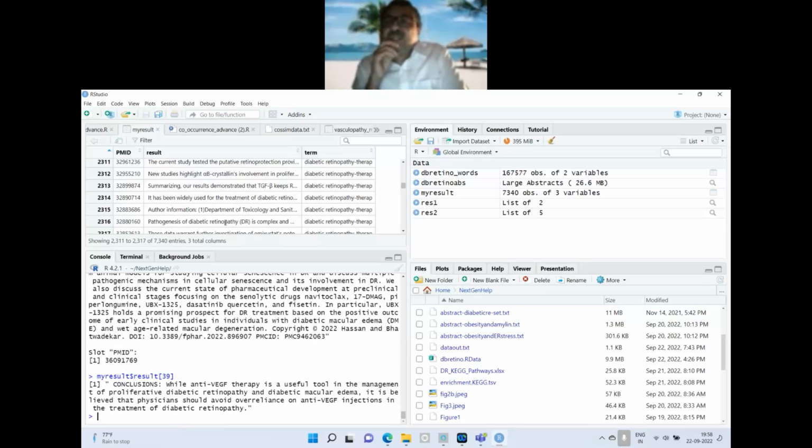And this comes through repeated engagement of such text mining again and again,